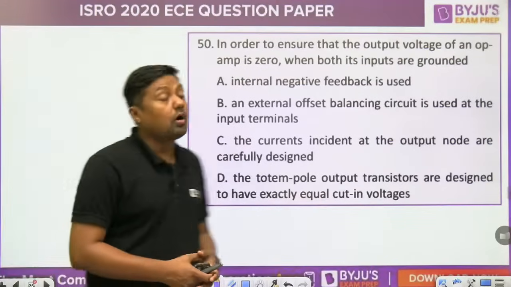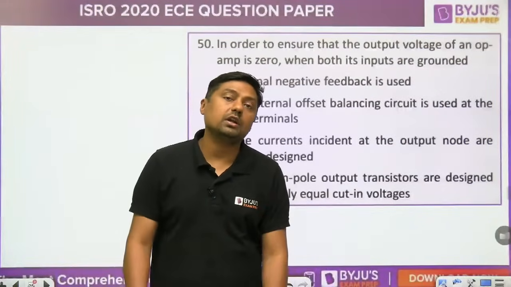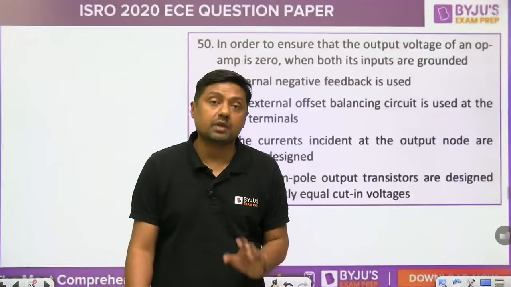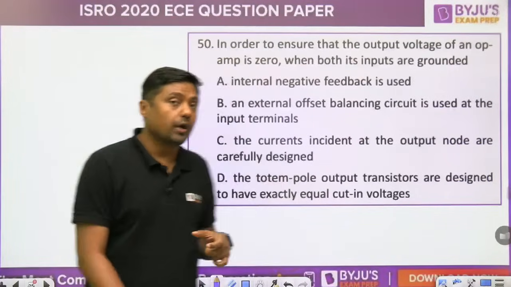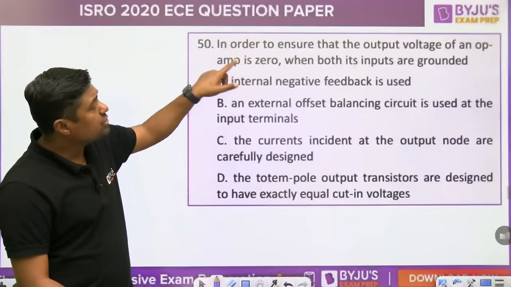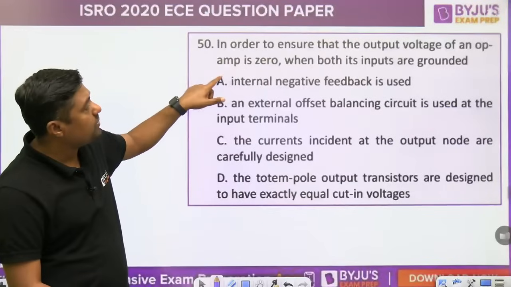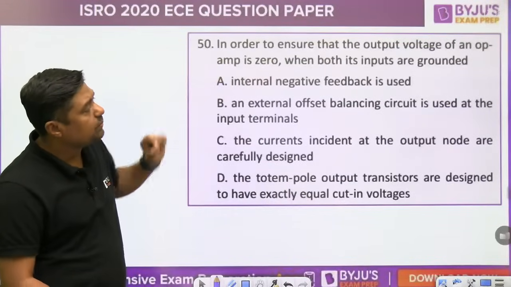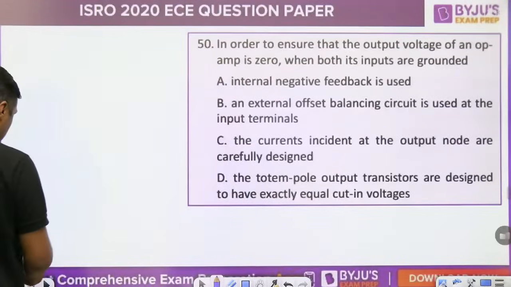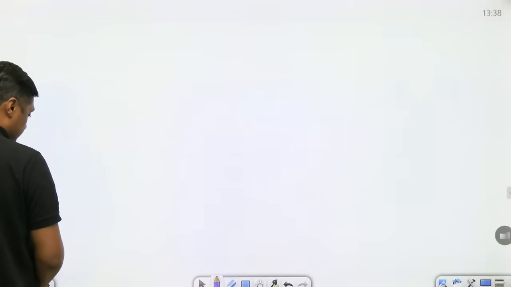Now the questions from what? Analog. So that is important for electrical and electronics and instrumentation branch. Please ask them to join. In order to ensure that the output voltage of an op-amp is 0 when both its inputs are grounded. Both the inputs are grounded means